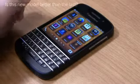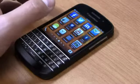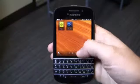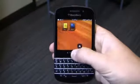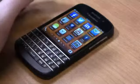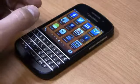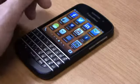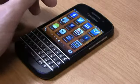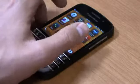BlackBerry released the Z10 earlier in the year as its first BlackBerry 10 smartphone. With new hardware, new software, and availability on multiple carriers worldwide, it was marked as a solid improvement for the struggling OEM and was released on multiple carriers in the United States, giving it a better chance of succeeding. But the real replacement for die-hard BlackBerry users is this smartphone, the BlackBerry Q10. Featuring a big, beautiful QWERTY keyboard, it brings the keyboard BlackBerry line into the fold, and it's coming soon to